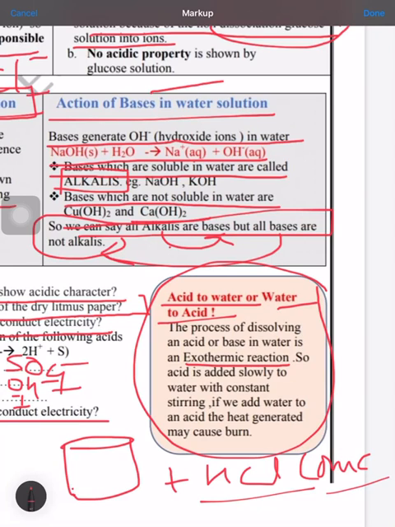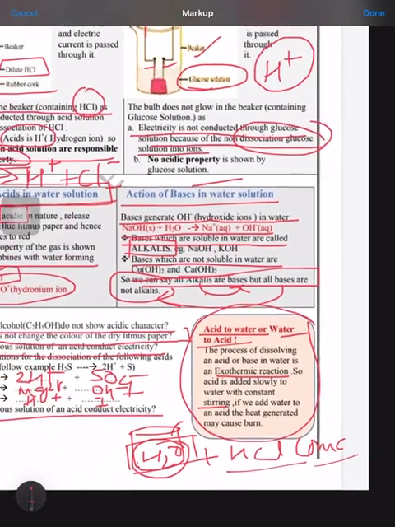So we will take water first inside it, because it is an exothermic reaction and a high amount of heat will be released. So we'll take water first, and slowly keep on adding HCl from the side of the test tube, or we can stir it. The amount of heat which will be released will be absorbed by the water which we have already taken inside the test tube. So remember that it is always safe to